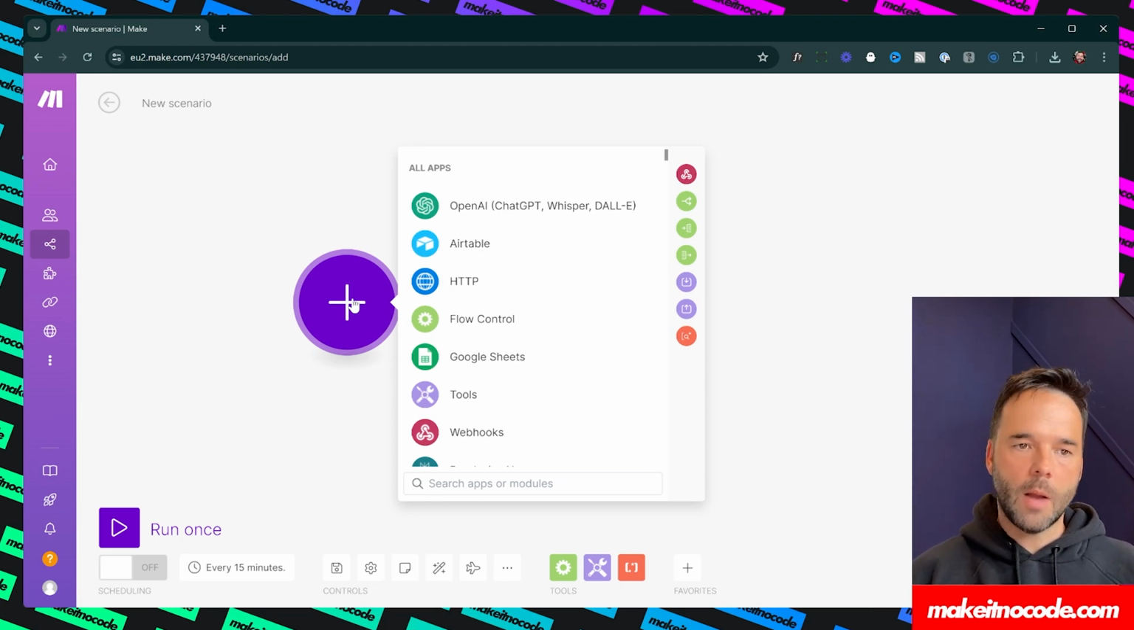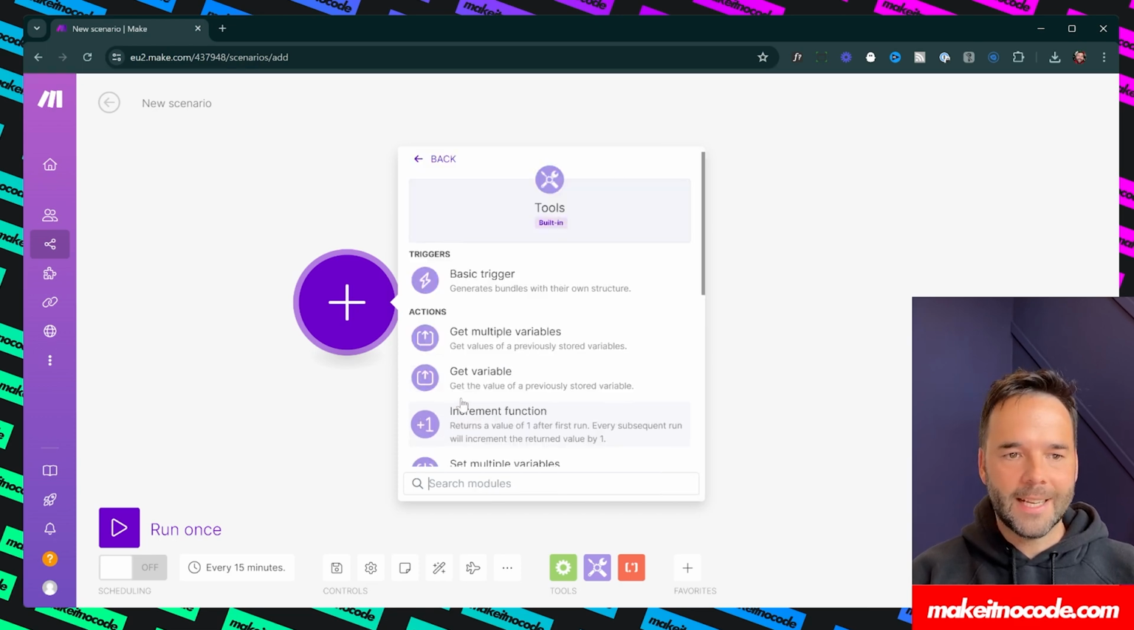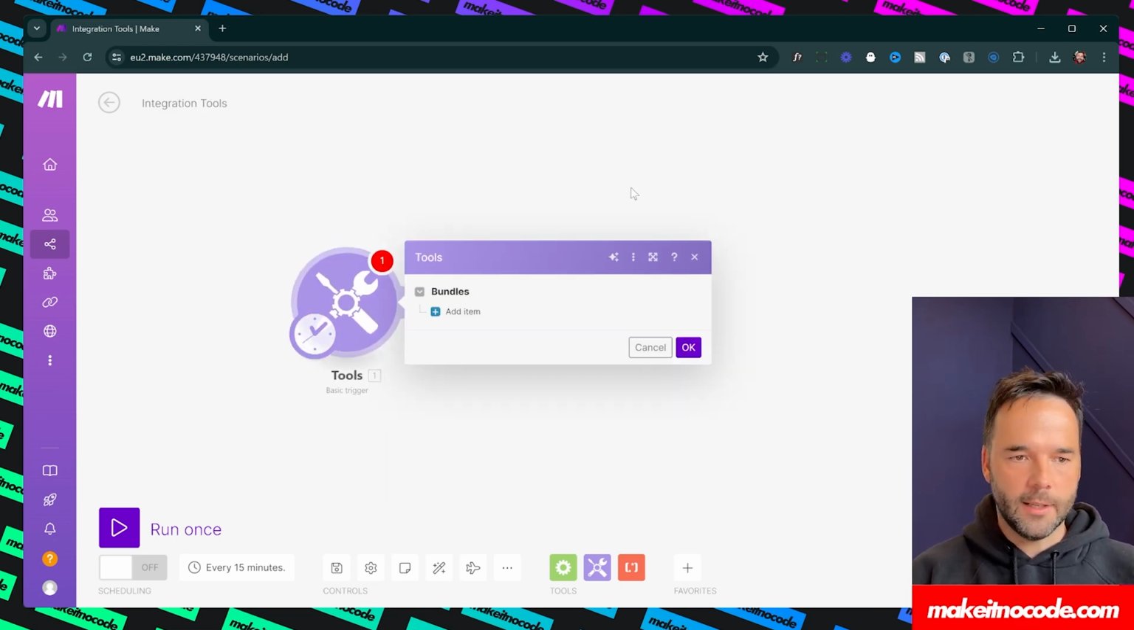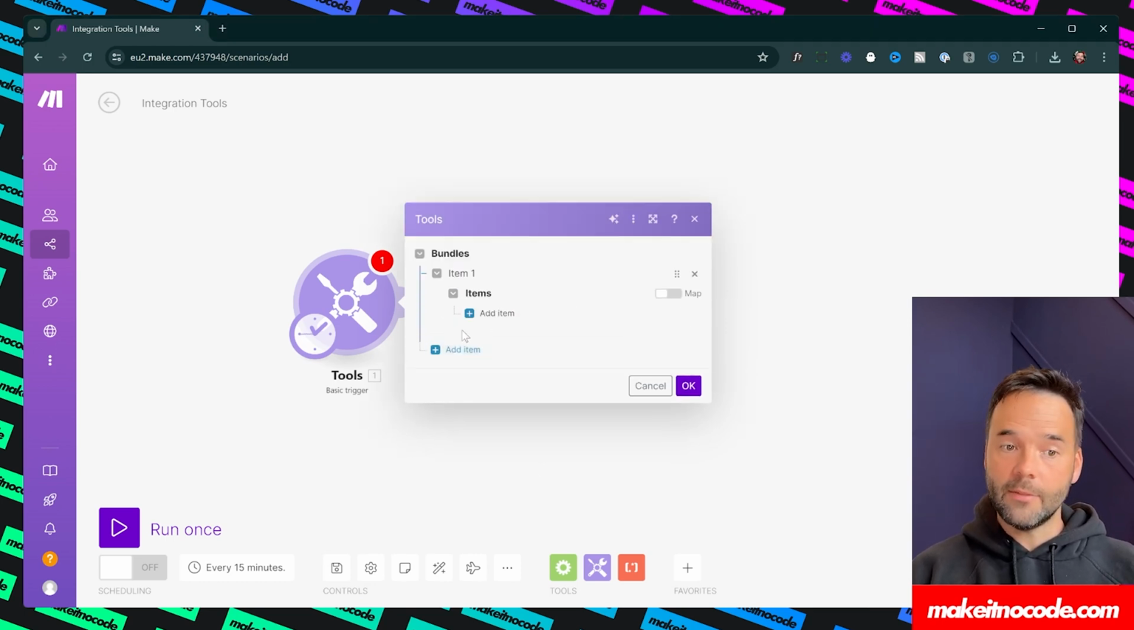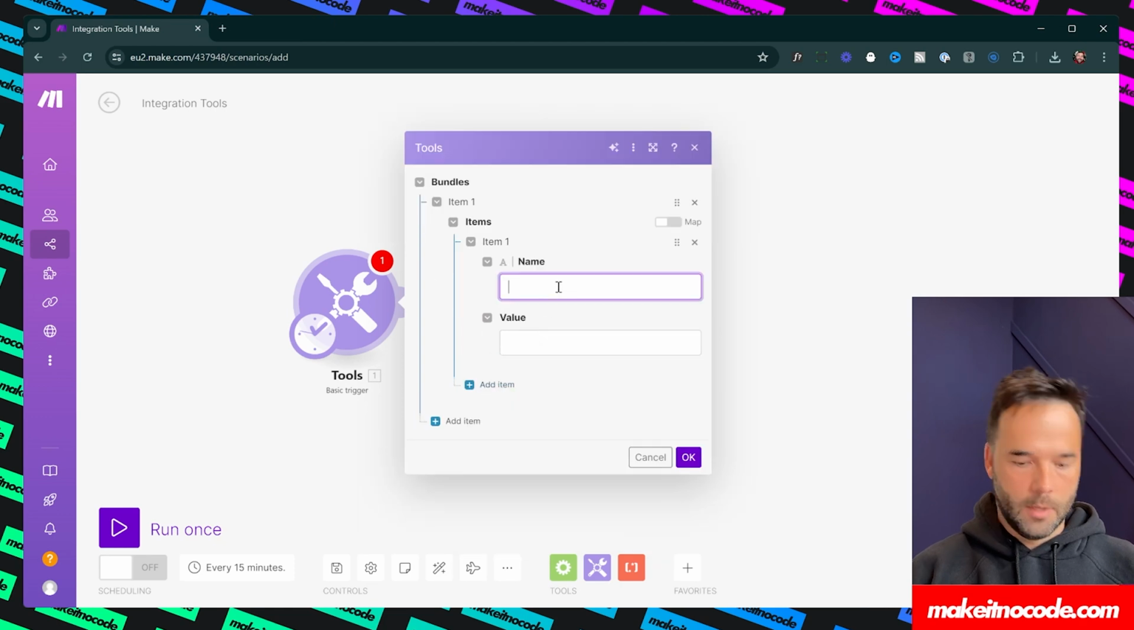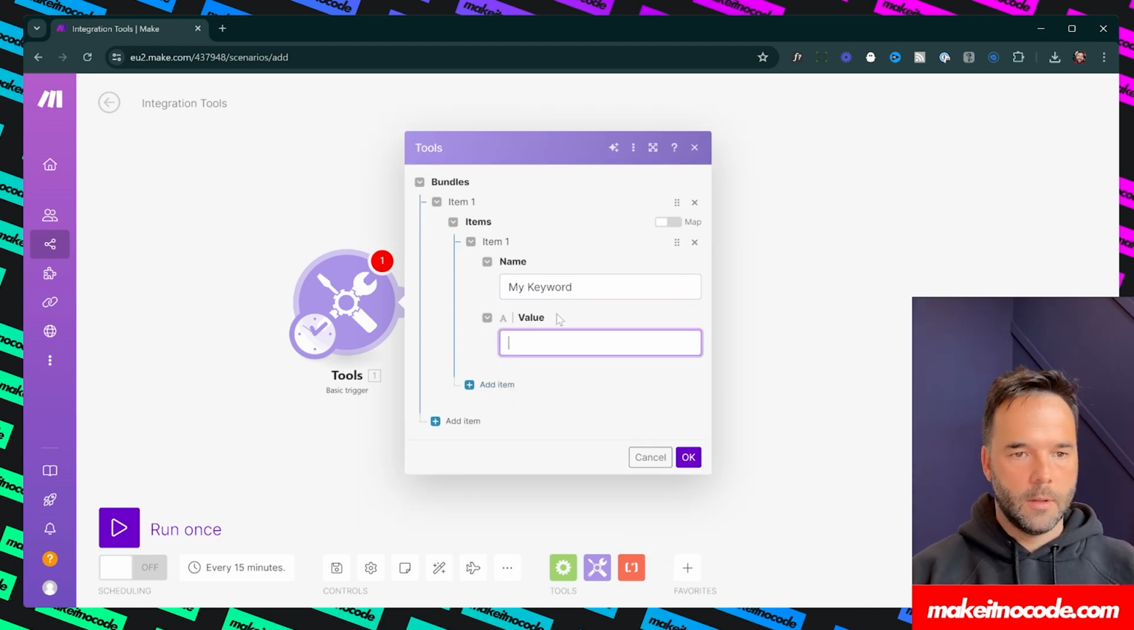For this video, I'm going to use the most basic trigger ever, and it can be found under tools. So if I click on tool, called basic trigger. Can't be any simpler than that. Right, the first thing we're going to do is give it a name. I'm going to say my keyword, and then